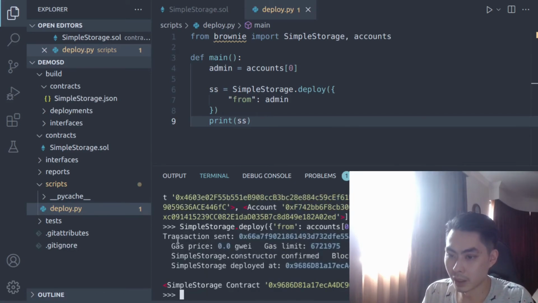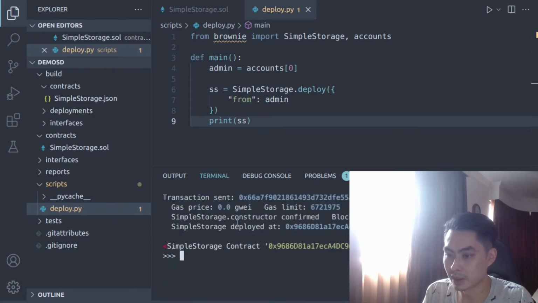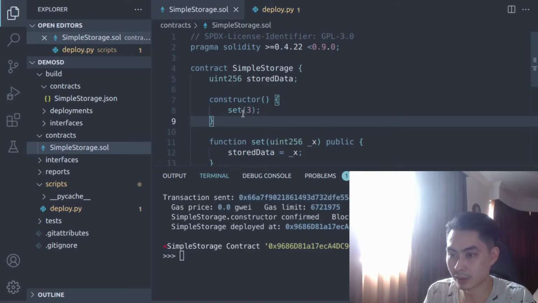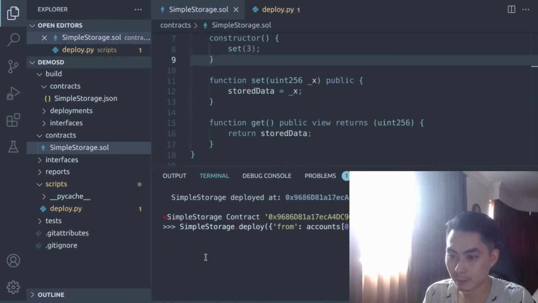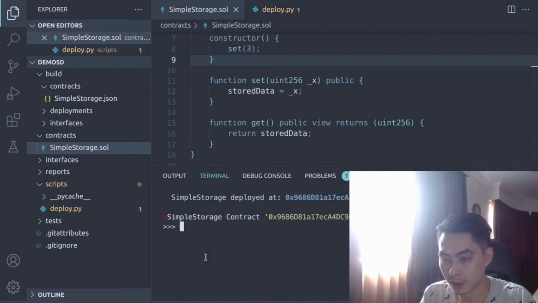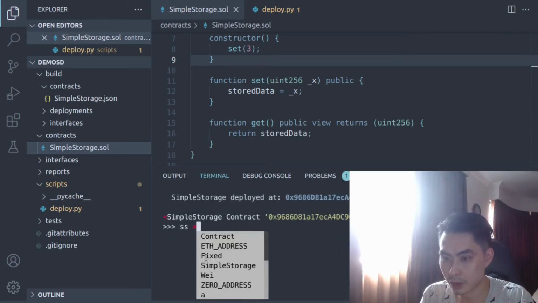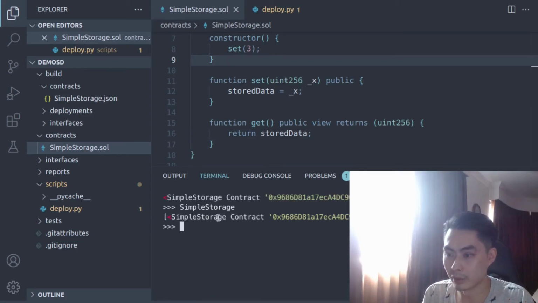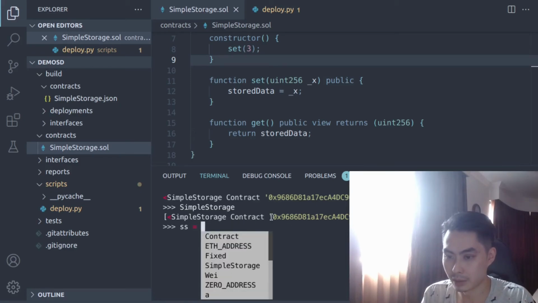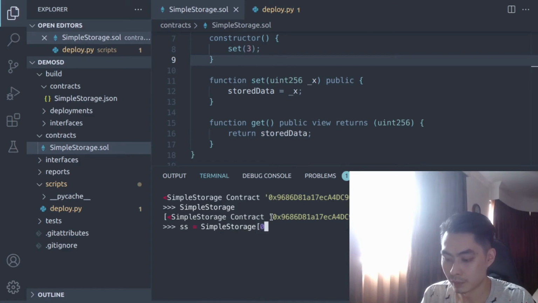Again, you see that the transaction is sent, and the simple storage contract is deployed successfully. Cool. Now that we have that deployed, we can take a look at it. If we print simple storage again, let's see what's happening. Now there's one contract. Earlier it was 0, now there is 1. So we want to take this. Let's say simple storage, take the first one,